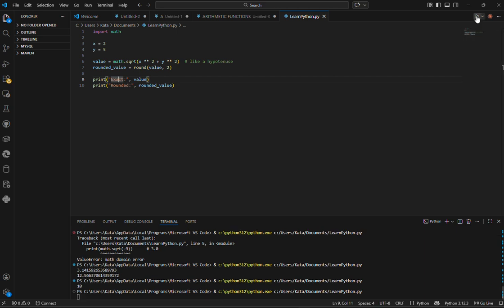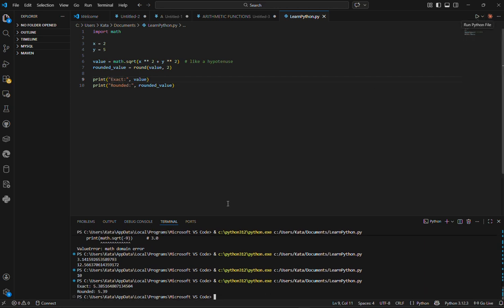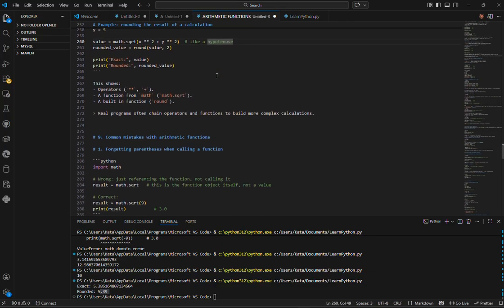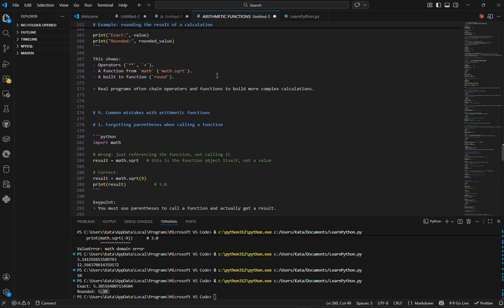So let's go ahead and run this code, and surely enough, for the exact value, we have 5.385 with all the decimal places. And for the rounded one, we're only ending up with 5.39 because it's been rounded off to the 2 decimal places that we did emphasize earlier. All right, that in a way dives into all the operators that we've looked at, and also introduced other math